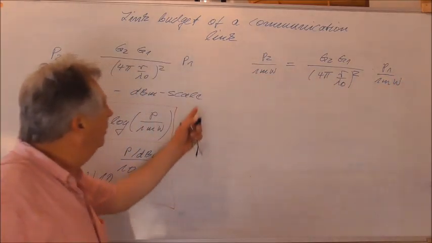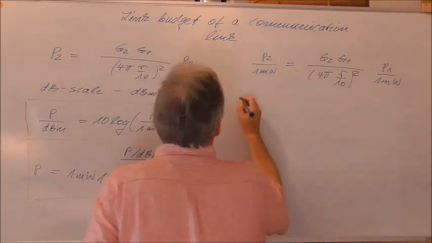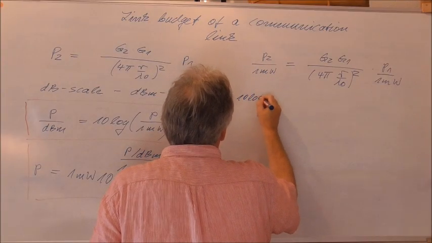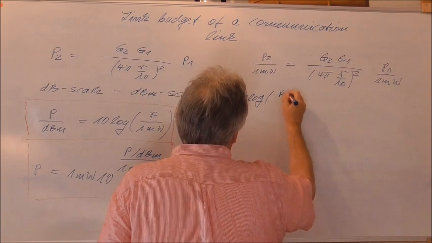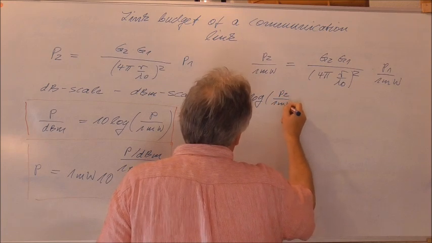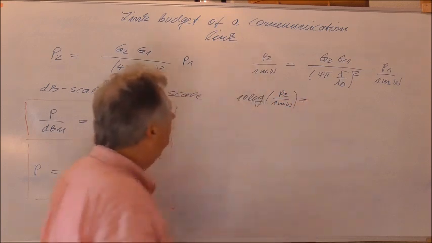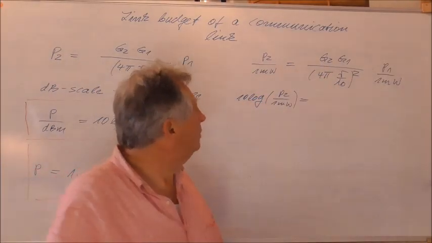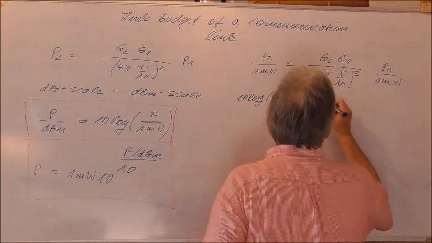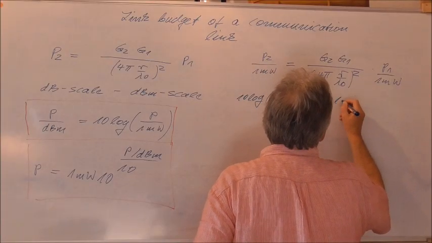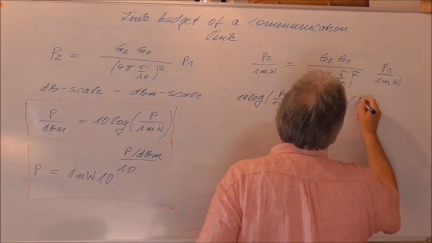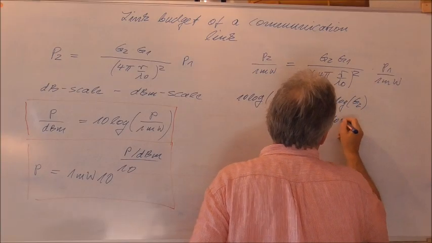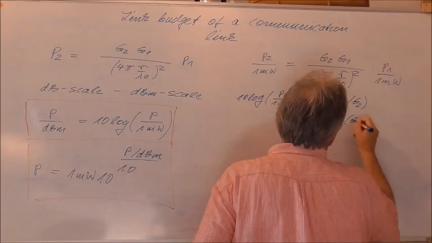And if we take the logarithm, then we can say 10 times log of P2 divided by 1 milliwatt is equal to, so you see, as soon as we take the logarithm of this expression, we get 10 times log G2 plus 10 times log G1